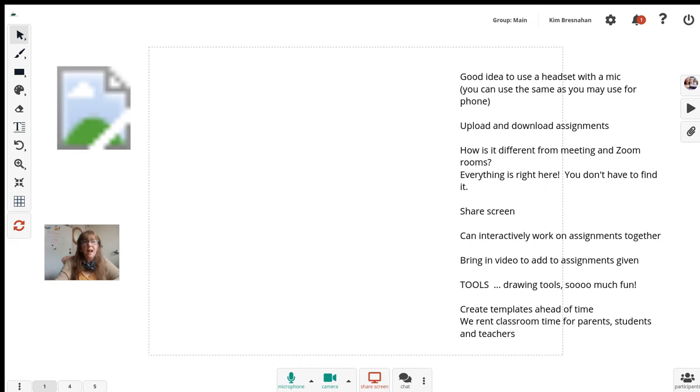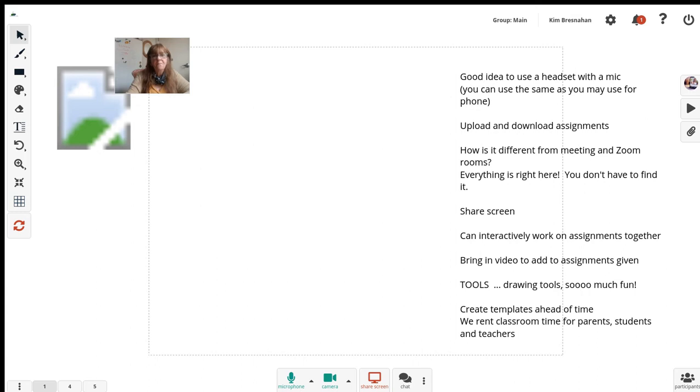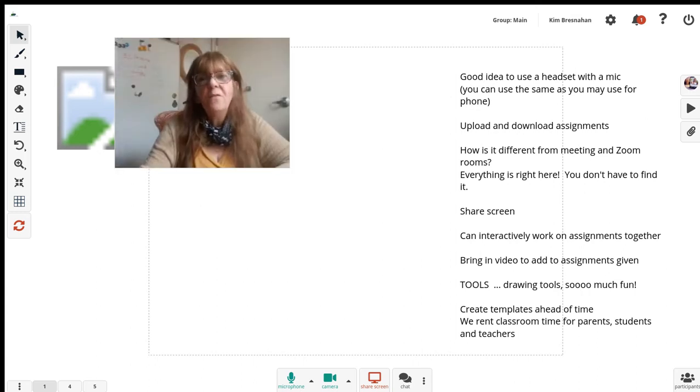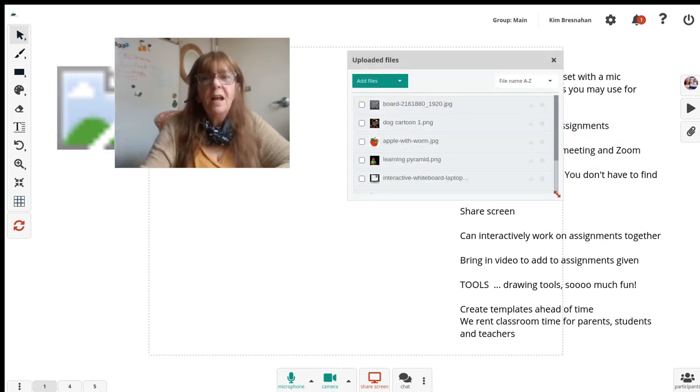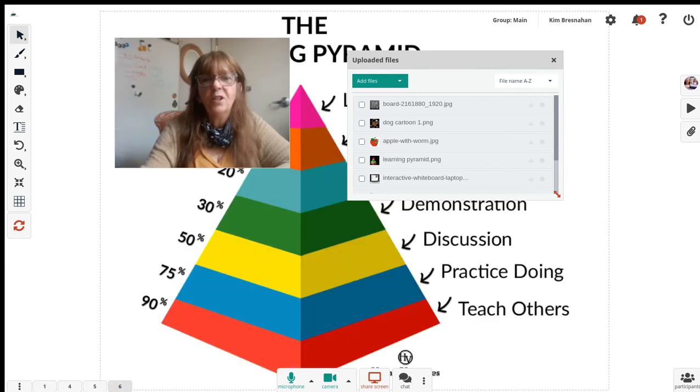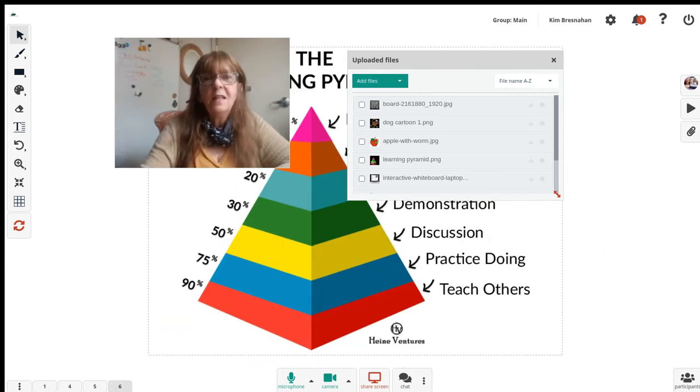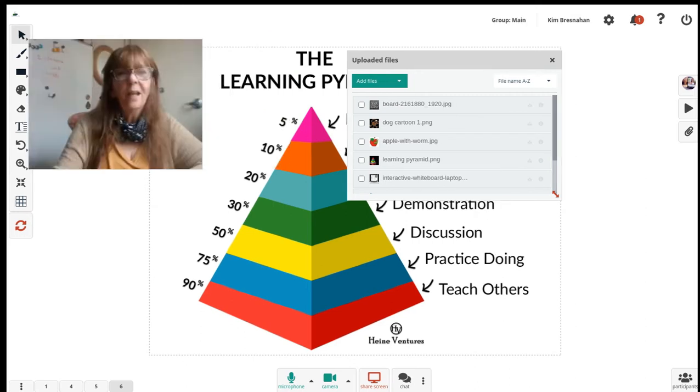As you see, I have a highlighter pen, so that if you had some assignments, let me see if I've got anything pulled up right here. Oh, look at that. I've got the learning pyramid here. I'm going to import that file and take you to different pages so that you can see the learning pyramid. I read an article about this the other day